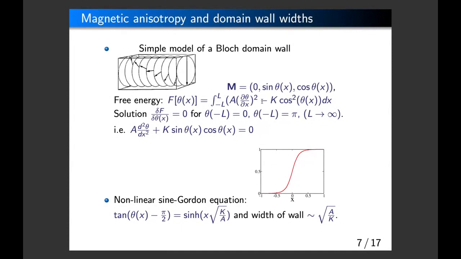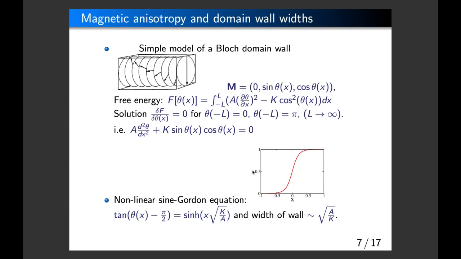So you write down that free energy, and subject to these boundary conditions, that the angle is up in one direction, down in the other, you minimize the free energy. And out comes a nice differential equation, the solutions of which will give you the magnetic profile. It's quite a famous equation. It's very similar to the nonlinear sine-Gordon equation, and its solutions have the form shown at the bottom of the slide here,